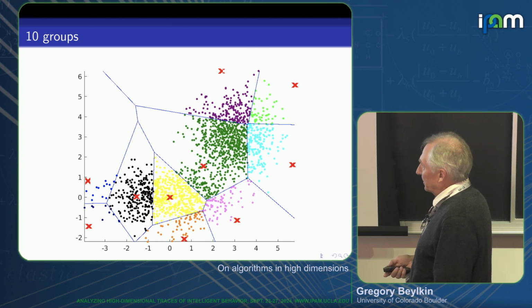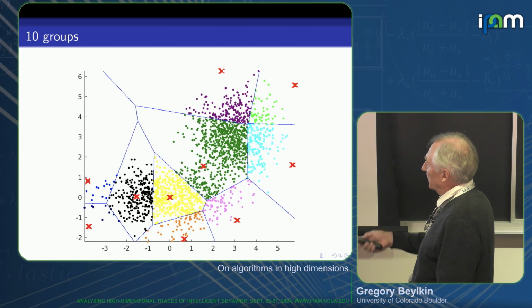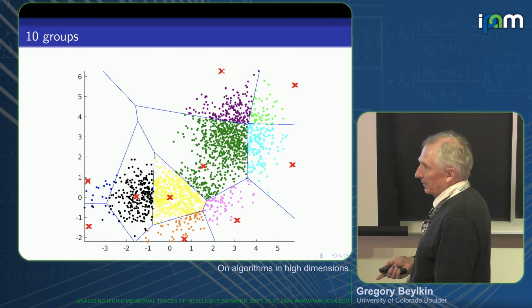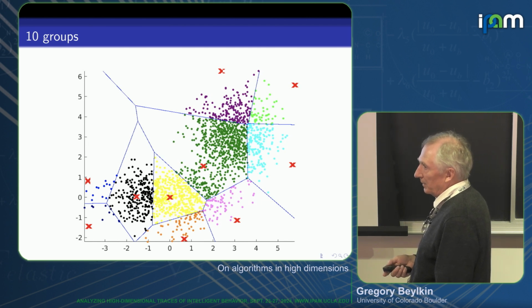Now, this approach allows you to find outliers. When we did this, we thought of it as an initial selection of points for Lloyd's algorithm. But now I think it's an independent algorithm. So how do you do this? Well, first of all, you can easily do it multi-resolution. You divide into groups, and you do it again with each group separately. And this is more or less what we did in another paper that I'll mention.